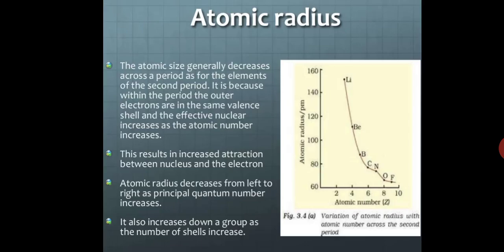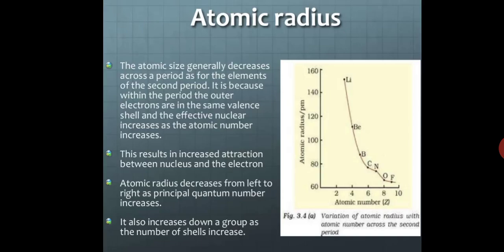Can you see? There, in nitrogen, the atomic radius is slightly greater than that of carbon. Why? Because if you write the electronic configuration of nitrogen, that is 1s2, 2s2, 2p3, atomic number is 7. Got it? In case of carbon, definitely it will be less,